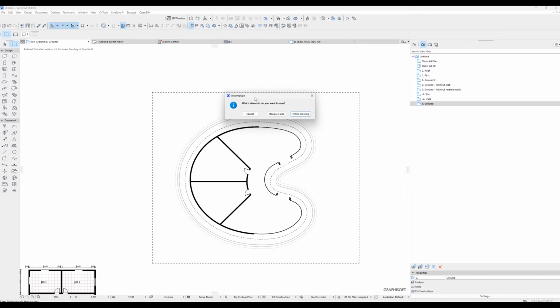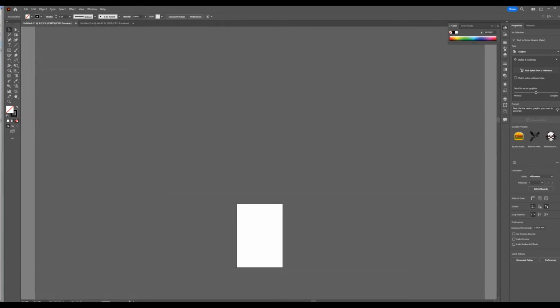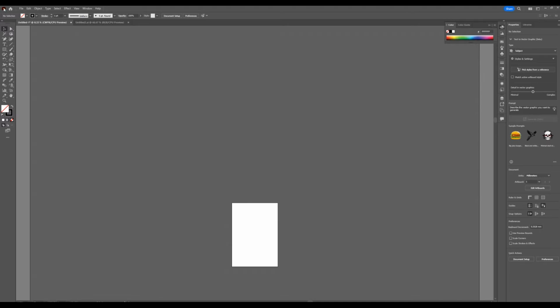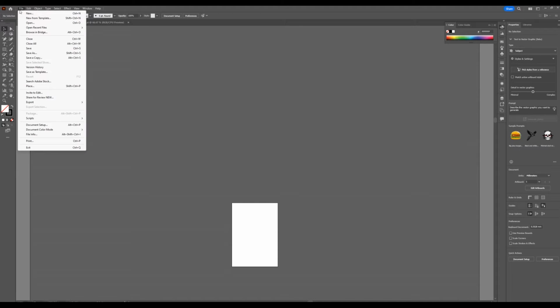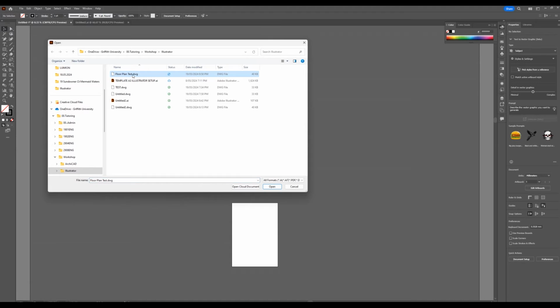Click Save, and it's going to ask me which element do you want to save. I'll click on the marquee area. I only want this to be exported. Okay, I can click Escape now. And then I'll drag in my Illustrator. I'll go into File and then Open, and then Floor Plan Test. Press Open,